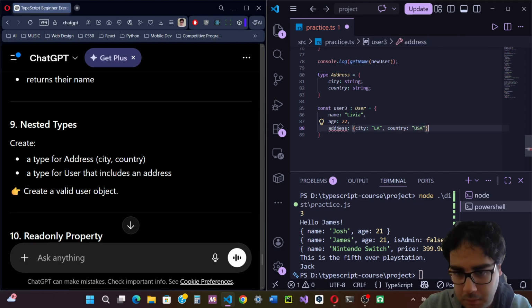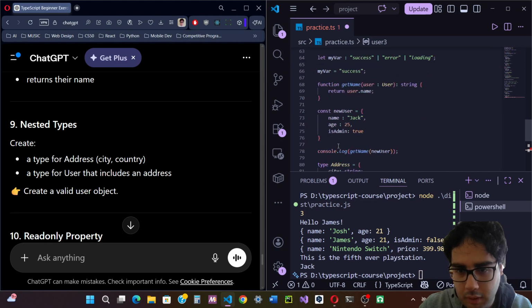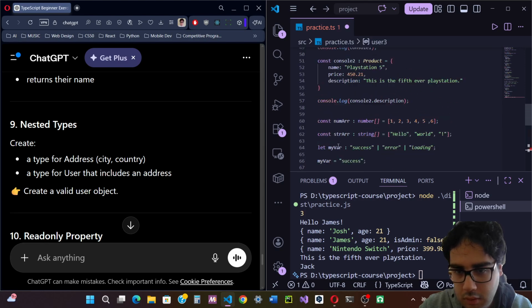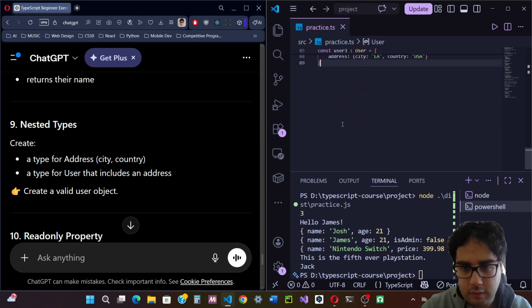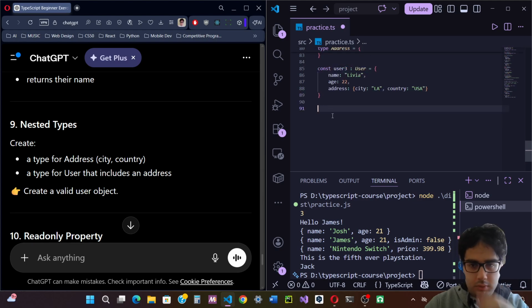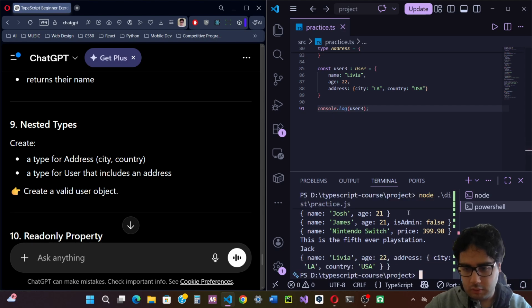Okay, what's happening here? Did you mean to write address? I misspelled the address here, so we're gonna fix that, and then we should be good. We're gonna console.log user3, console.log user3, and we get